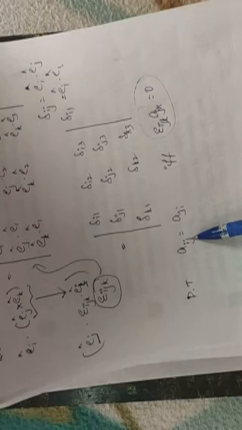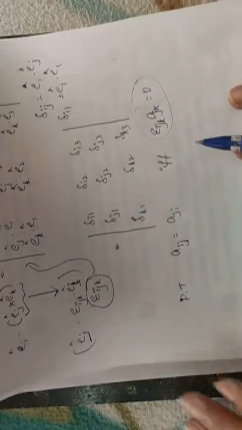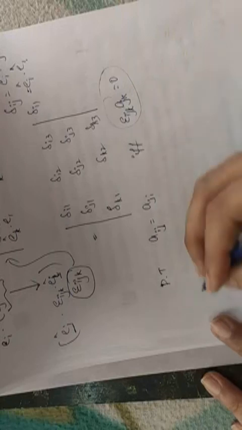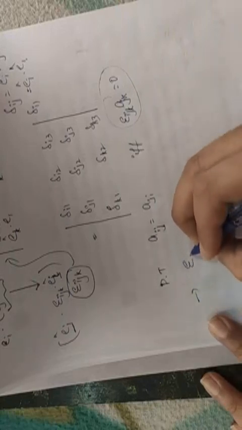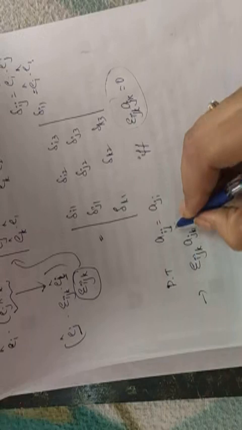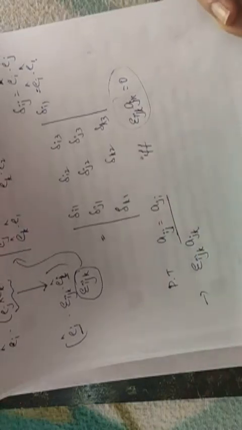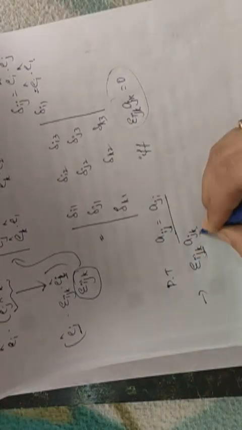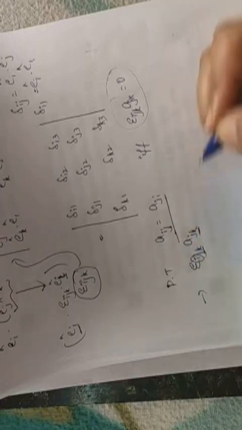First I will consider epsilon ijk Ajk is equal to 0, and we will prove that Aij is equal to Aji. So if this is 0, then I should prove that Aij is equal to Aji. You can observe here J and K are dummy suffixes and I is a free suffix.